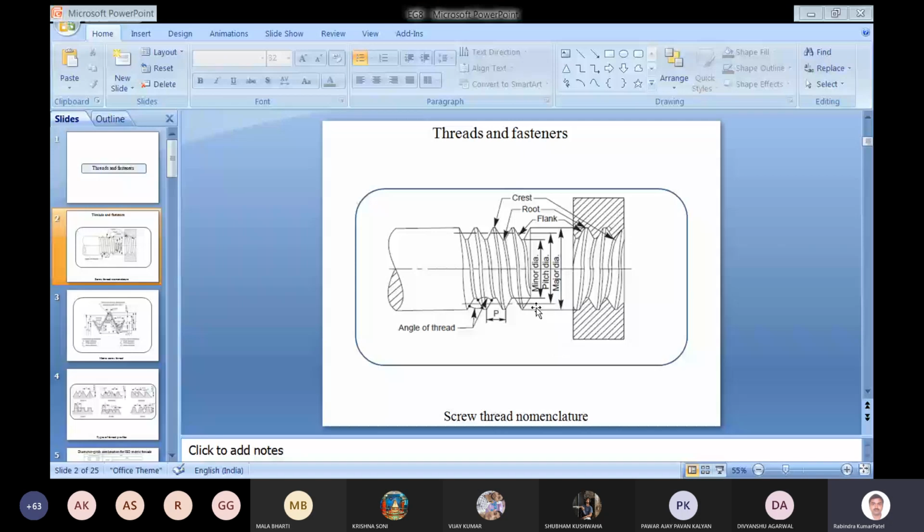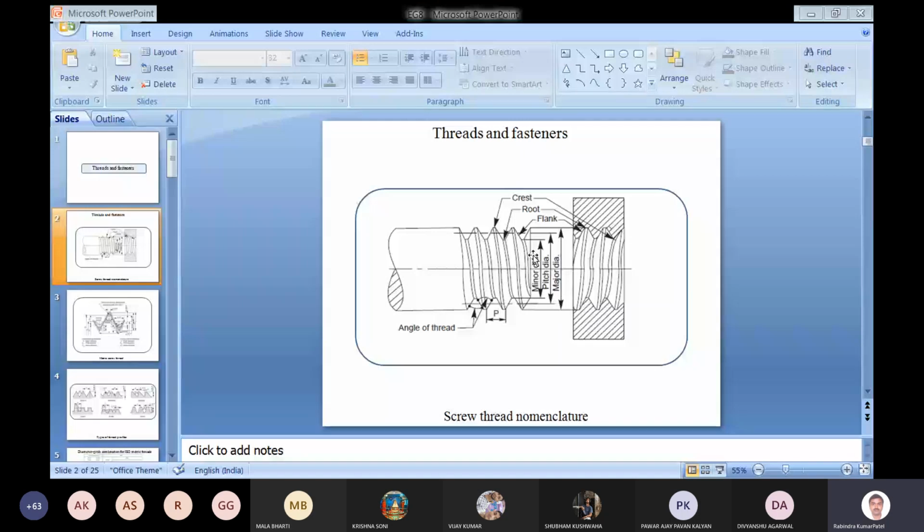known to us. That is, one is minor diameter, and minor diameter corresponds to the root, which we can see here. Root is shown at this point, and there is a crest of the thread. So root and crests are there. Corresponding to root, we have a diameter called minor diameter, and corresponding to crest, we have another diameter called major diameter. In between these two, major and minor, there is another diameter called pitch diameter, and pitch diameter